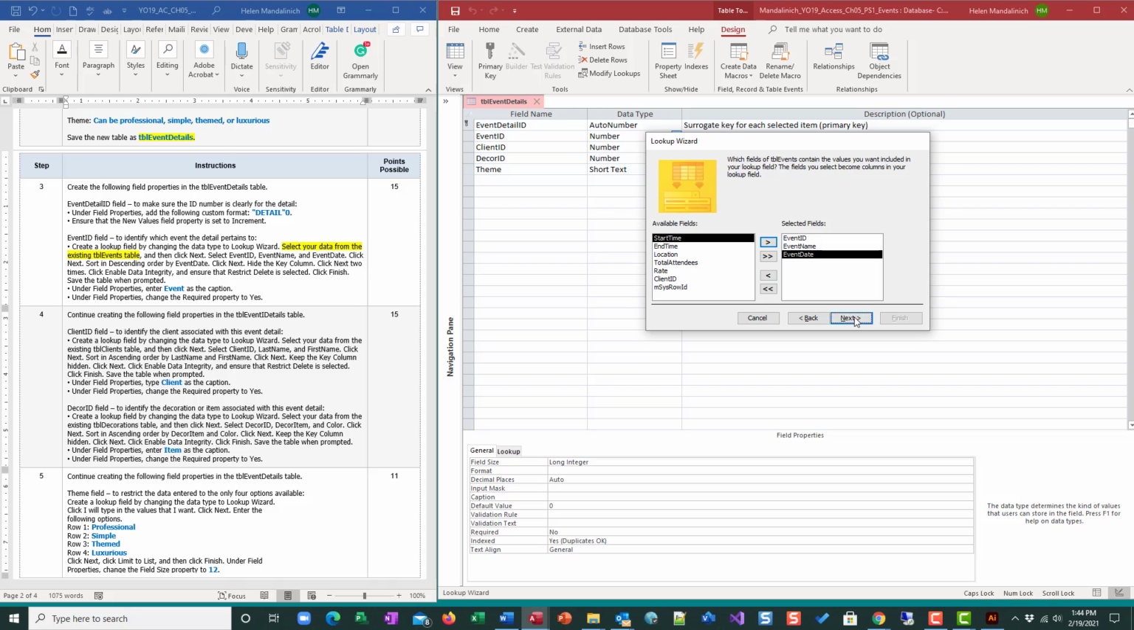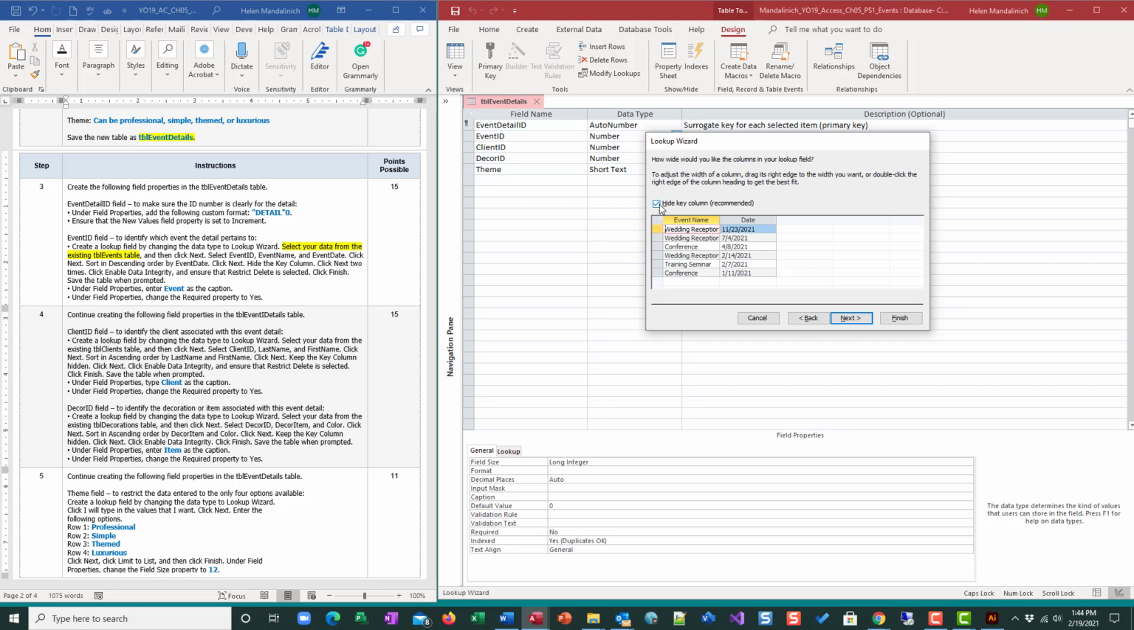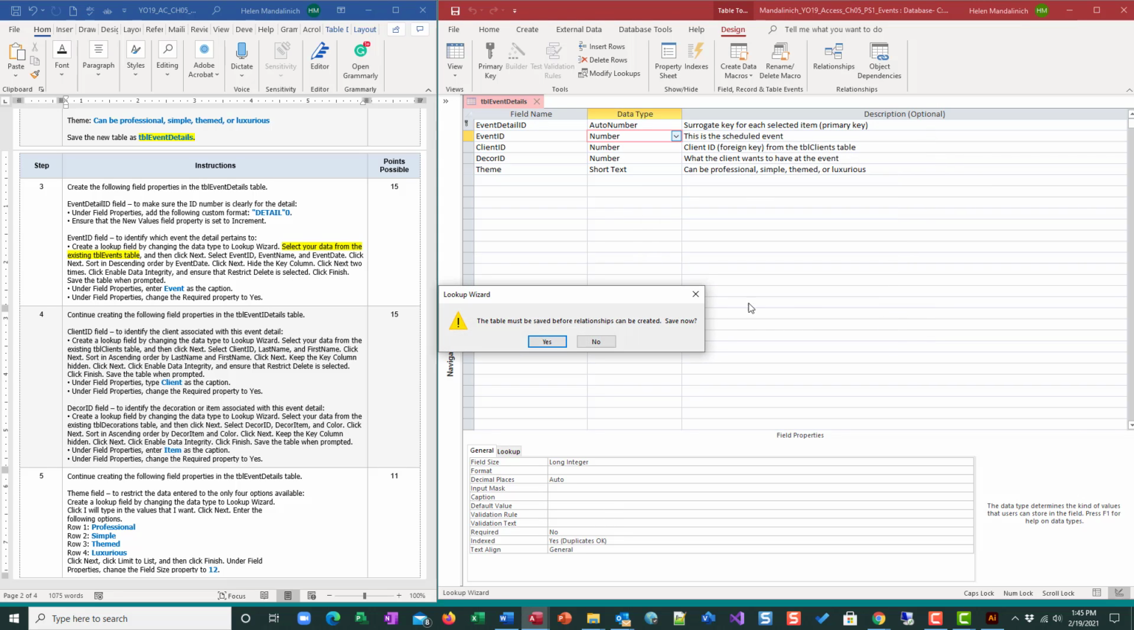Okay. Next, we're going to sort in descending order by event date. Next, we're going to hide the key. Next, we're going to, let's see here. We're going to enable data integrity and restrict deletes. Finish. Yes. Excellent. So we have